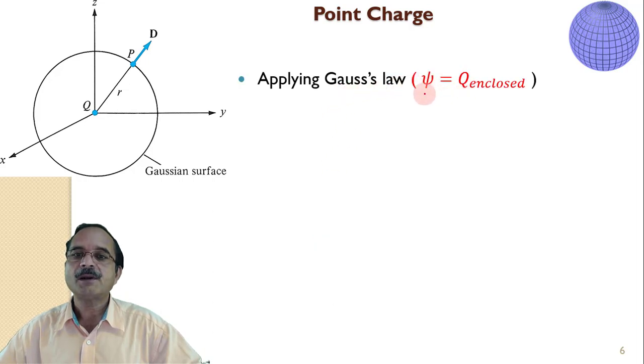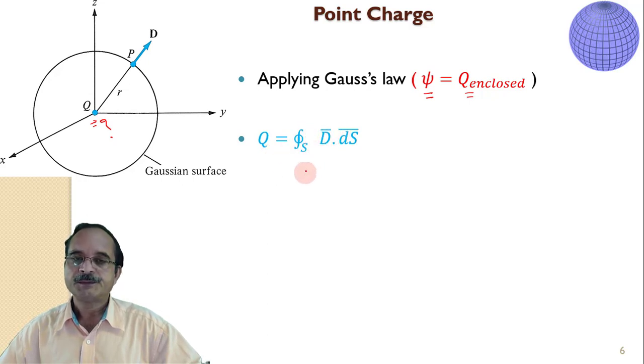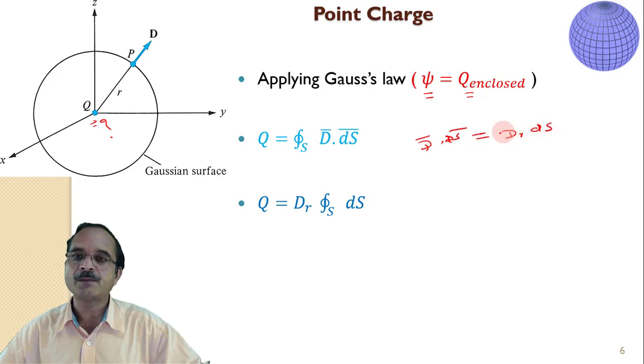Now as per the statement of Gauss law, we integrate this over the entire surface, which gives us the total flux passing through the surface, which is the same as the charge enclosed. So the total charge enclosed, which is the unknown quantity we want to find out, is the surface integral of D dot ds. As we have seen earlier, D dot ds is nothing but dr ds, the magnitude of D into the magnitude of the differential surface. So dr I take outside of the integral, and this is the surface integral of ds.